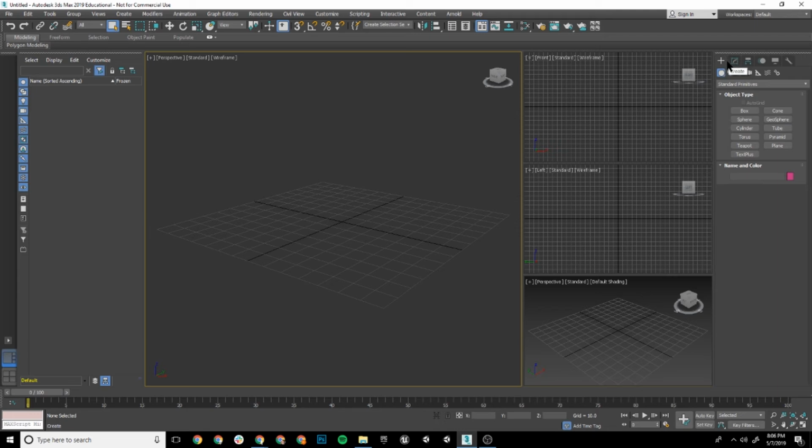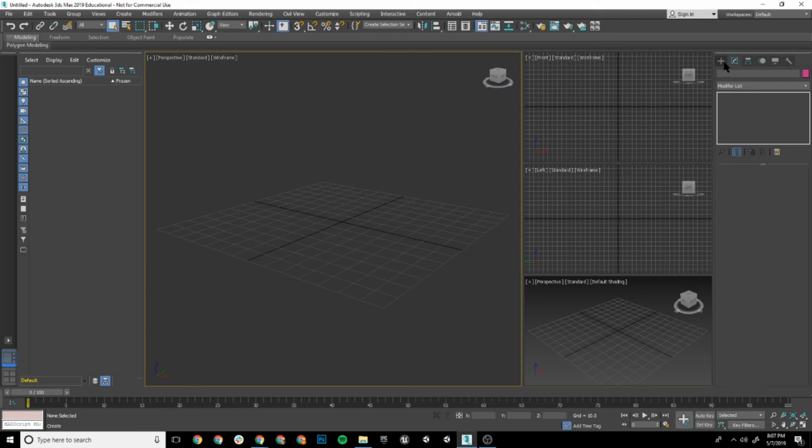and vice versa. So right here I've got the Create tab, which is where we'd start, and underneath here we have our standard primitives, which is where we're going to just kind of stick for now. We're not going to go changing this up at the moment. Let's just play around with what we have here. Next is the Modifier tab, and within that is where we'll have all of the different filters of things that we apply to our actual 3D model or